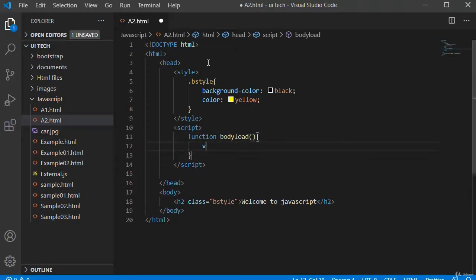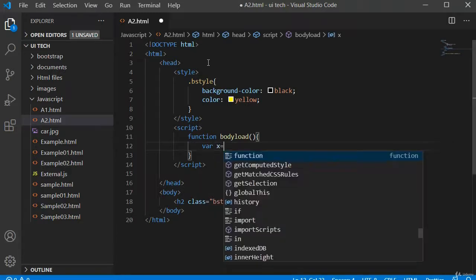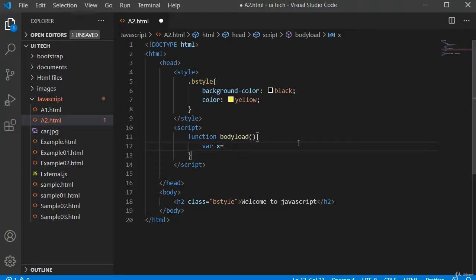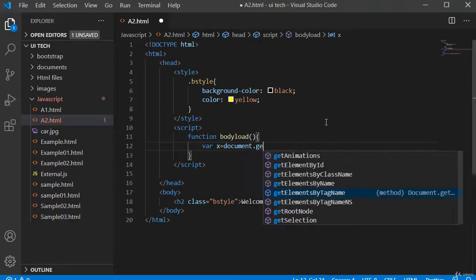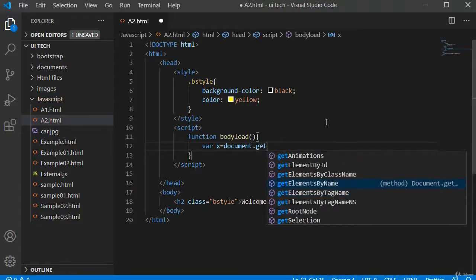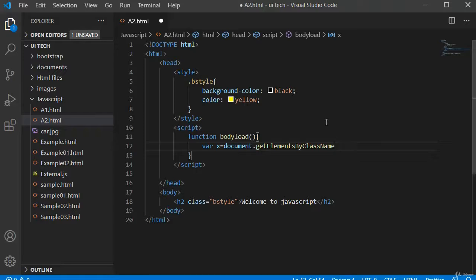Inside this bodyload, I want to create a variable x. For this, I am adding my class name, document.getElementsByClassName. We have it here, just click on it. Then I will use my class name in this. My class name is bstyle.